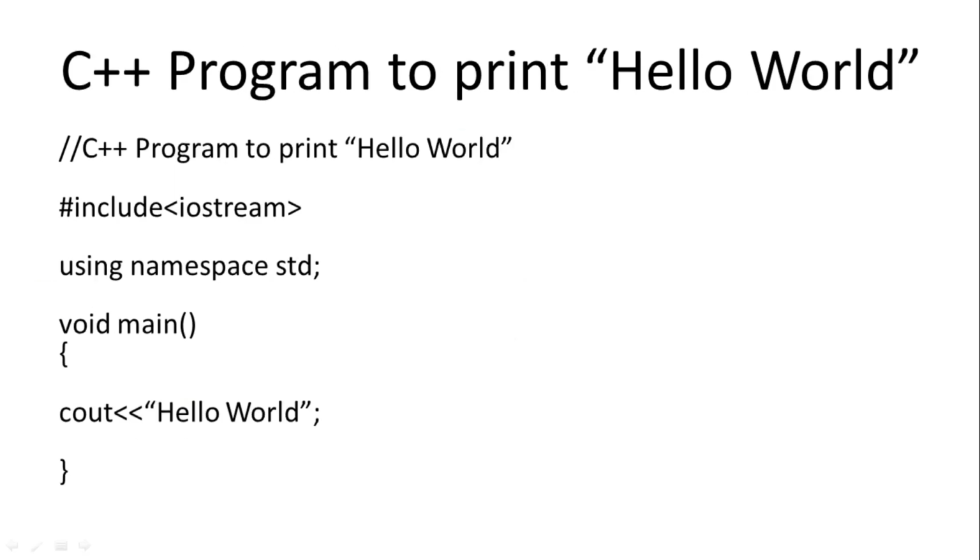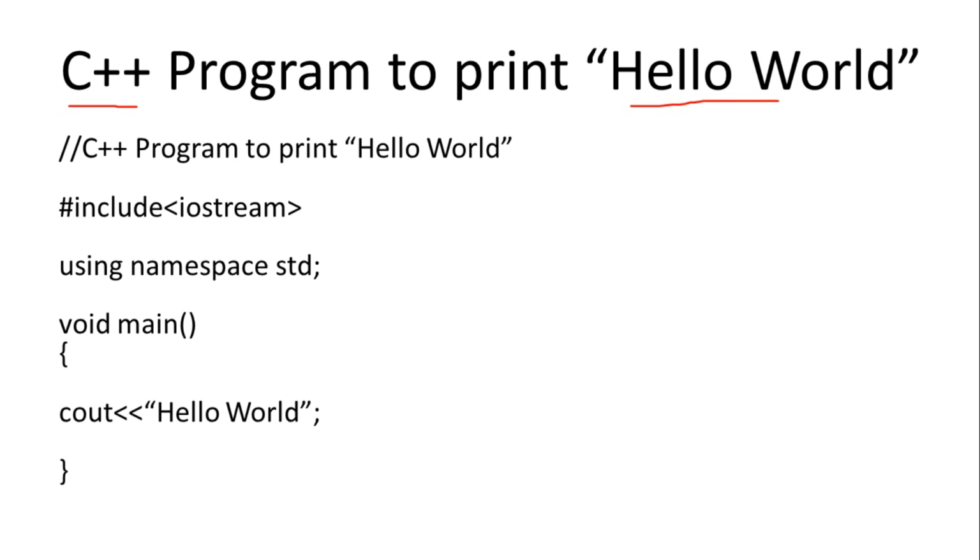Next, here is the sample program for printing the message hello world. So here we are writing a program using the C++ language to print the message hello world. In the real world, if this problem is given to you, you have to write some instructions or an algorithm for printing the message hello world. So first will be start, next you will print the message hello world, and then stop. If you observe, the aim is to print hello world, so no numbers or values are there. That's why the main function will not contain the variable declaration part.